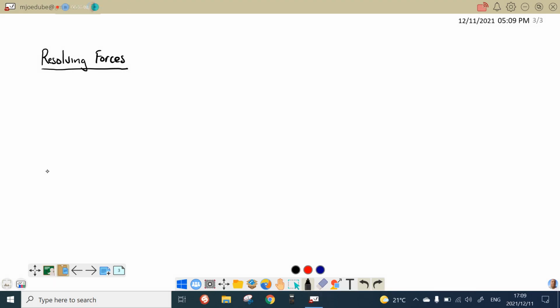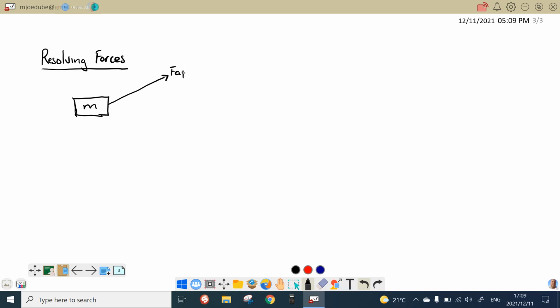Hello once again. In this video I'm going to show you how to resolve forces that are acting on an object and thereafter show you how to calculate the Fnet of the system. Suppose you're given an object that is moving along the horizontal plane. The object has mass m and on it there is a force that is acting,